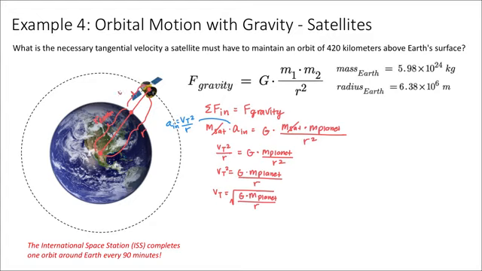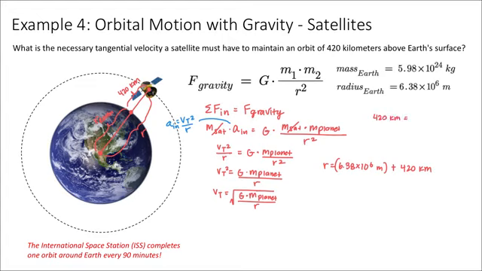So this is going to be 420 kilometers in this case, right? So I'll write that out here. r is equal to the radius of the Earth, 6.38 times 10 to the 6th meters, plus 420 kilometers. Now, I'm going to convert kilometers to meters to make this simpler to solve. That'll be equal to, so 420 kilometers, right,